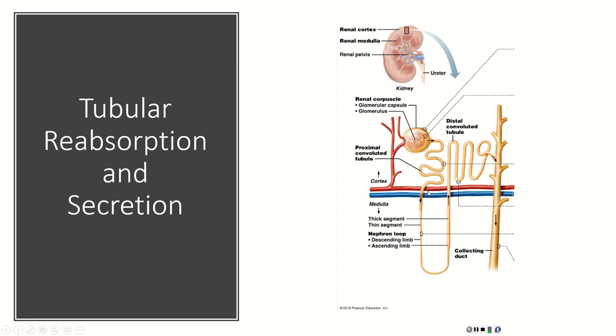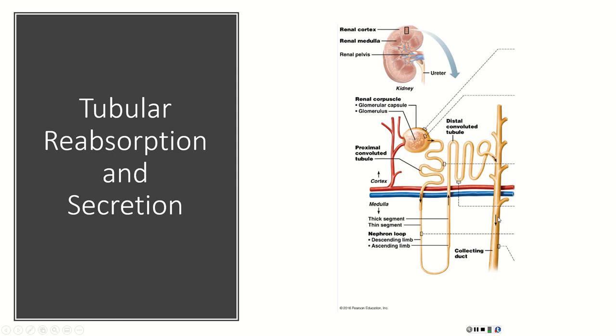But if there's more glucose in the urine, or if there's more amino acids in the urine, or if there's more vitamins in the urine, what happens? Well, those are solutes. What do solutes do? They suck. So as we pass through the descending limb of the loop of Henle, yeah, we're going to reabsorb some water, but we're not going to reabsorb as much as normal because that glucose is going to hold on to some of that water. When we get to the DCT, we're still going to reabsorb some water, but we're not going to reabsorb as much water because the glucose is going to hold on to it, again in the collecting duct.